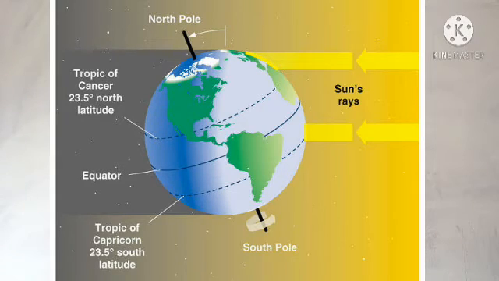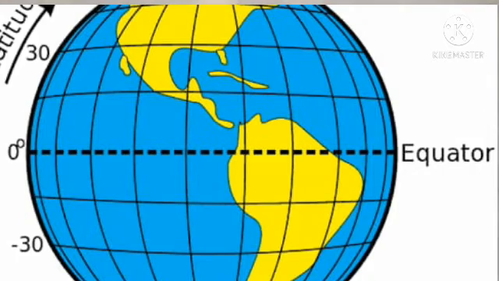On a globe, we can also see a number of lines. Do you know what these lines are? Yes, these are imaginary lines that make it simple to locate a place. There are two types of lines on a globe: the first is known as latitude and the second is known as longitude. It means latitude and longitude are two types of lines on a globe. We can see it in this picture.